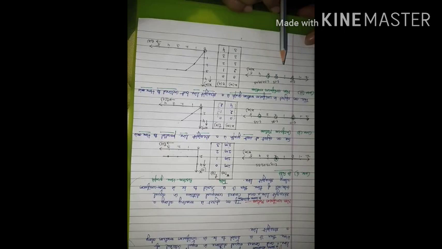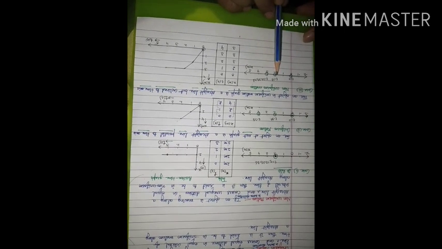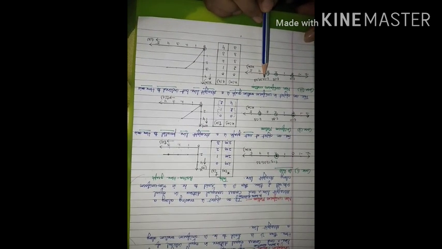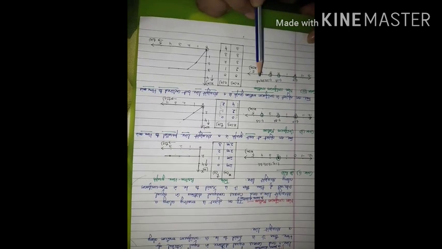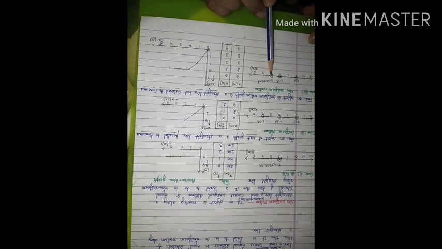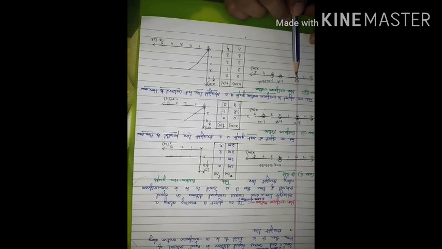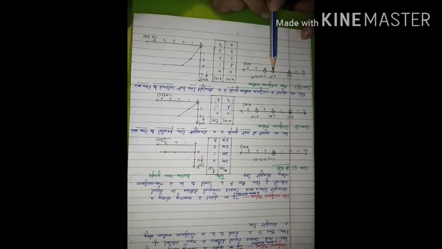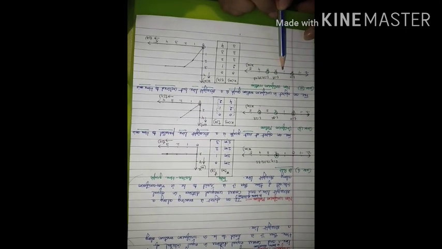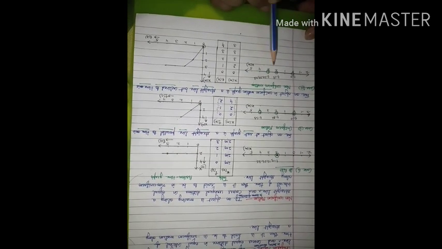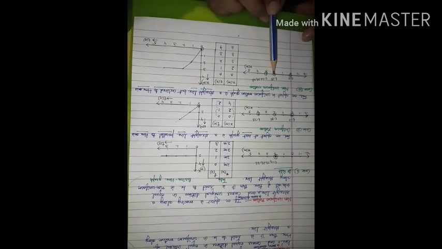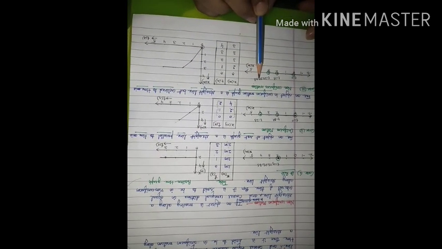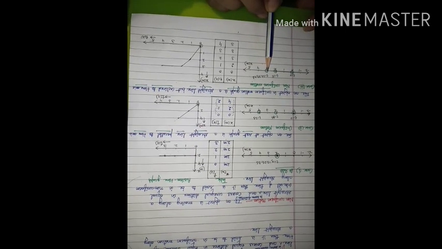After 1 second, it covers a distance of 2 meter. Then after 2 seconds, it is at a distance of 3 meter. Then at 3 seconds also 3 meter, at 4 seconds also 3 meter. It means the time taken to cover this much distance is 1 second. Then in this 1 second, it covers a distance of 2 meter. Then in again 1 second, it covers a distance of 1 meter only. Then again the time is changing, but the distance covered remains the same.